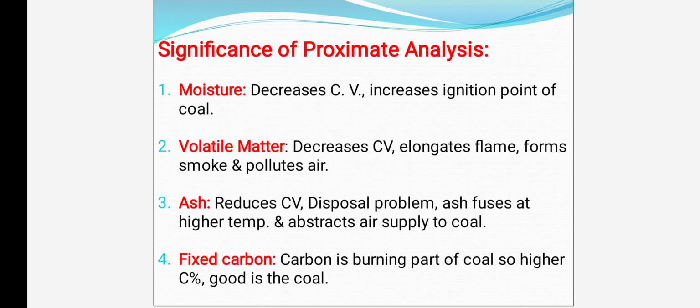Simply by comparison, you have to compare them with one another. For moisture you use a hot air oven; for volatile matter, a muffle furnace; for ash, again a muffle furnace. Now for temperature: moisture 110, volatile matter 925, ash 750. Timing: moisture 60 minutes, volatile matter 7 minutes, ash 30 minutes. What about the lid? For moisture, we cover the crucible with the lid completely. For volatile matter, the lid is slightly open. And for ash, there is no need of a lid.